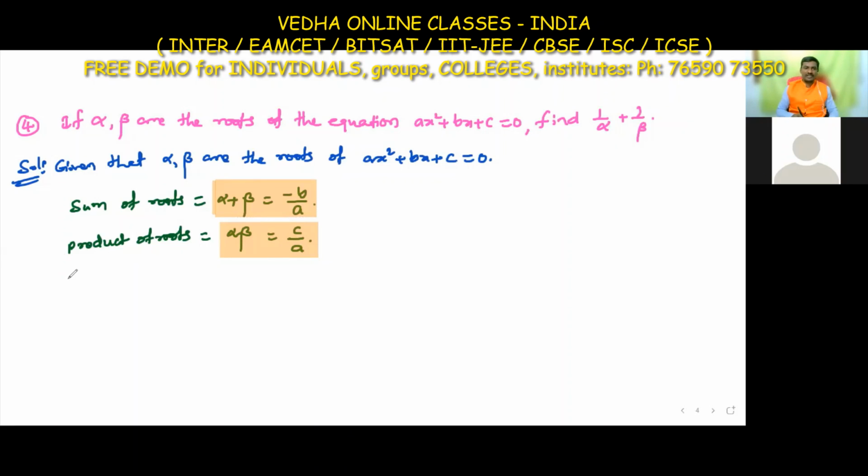What he is asking is to find 1 by alpha plus 1 by beta. Take the LCM here. Alpha into beta is the LCM. So we get beta plus alpha over alpha beta, that is alpha plus beta over alpha beta. Already we have the values of alpha plus beta and